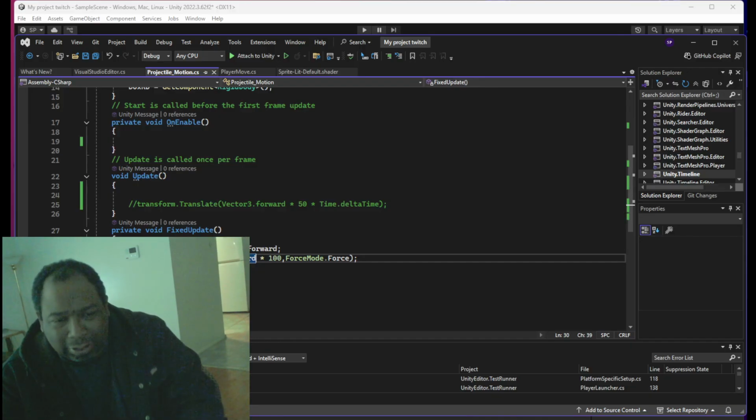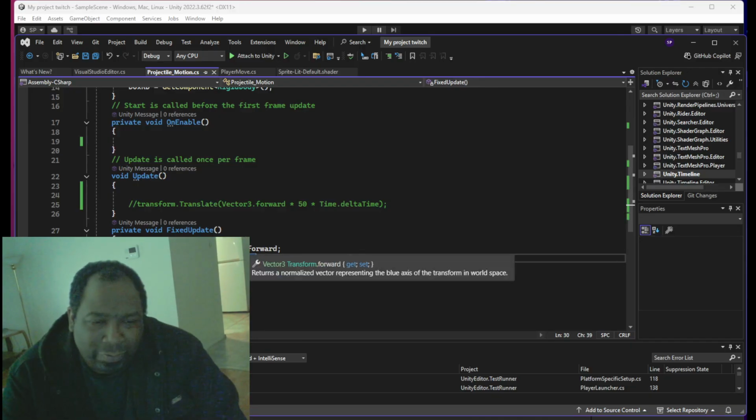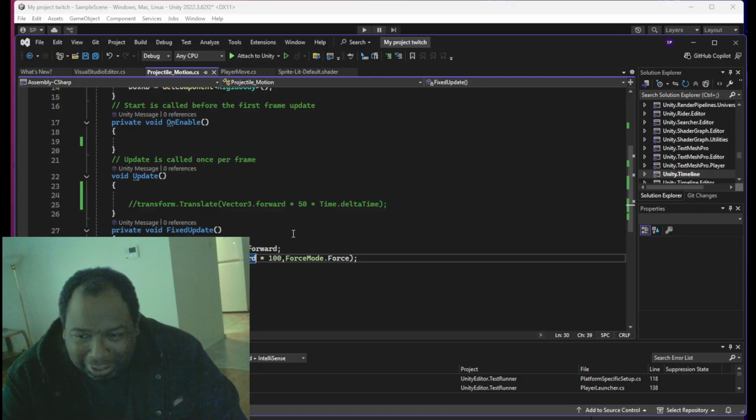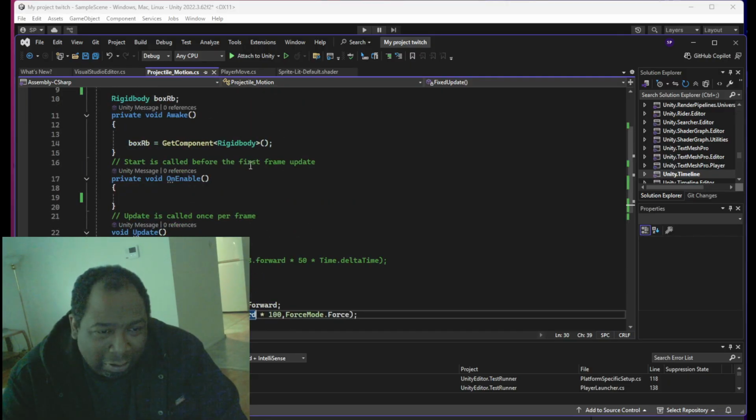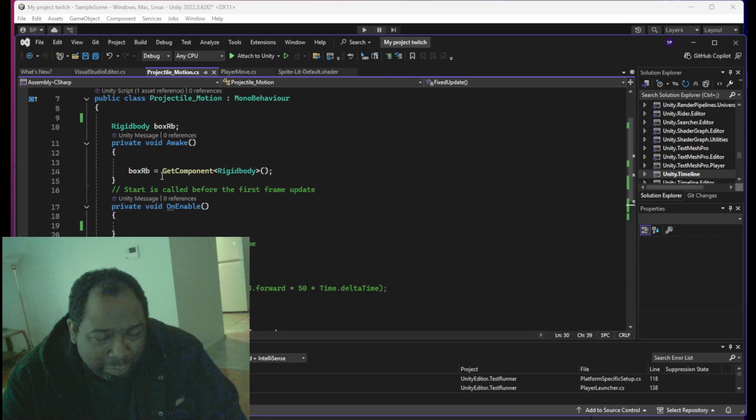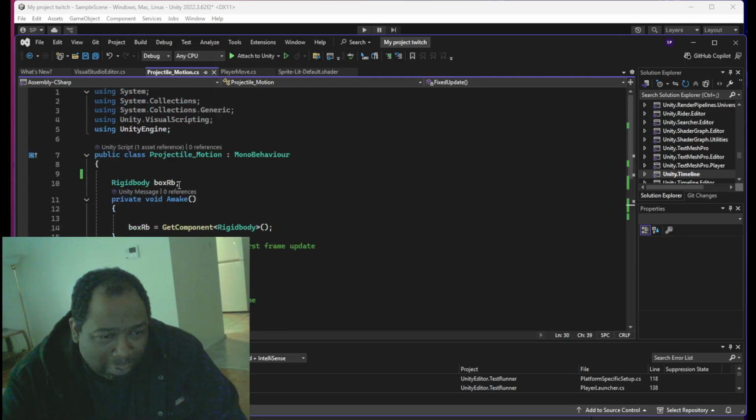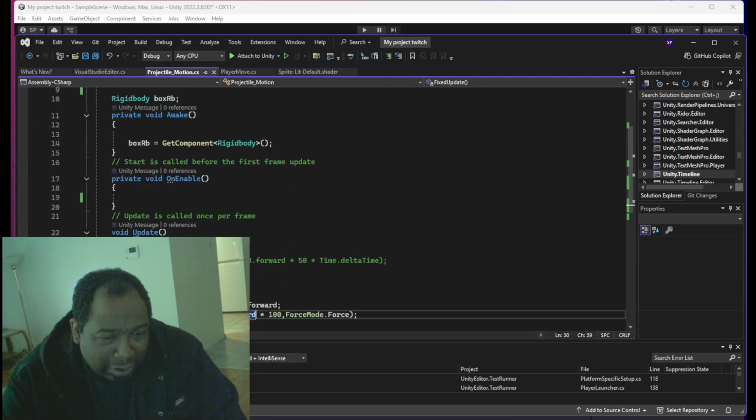We get confused because the forward vector is always changing. That's something that's confused me sometimes. I don't like it because it's always changing. If I put this in start, or if I try to assign it beforehand, it's not going to be the forward vector at that moment, at that tick.